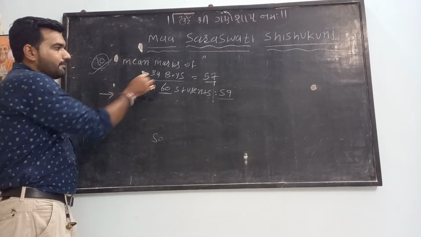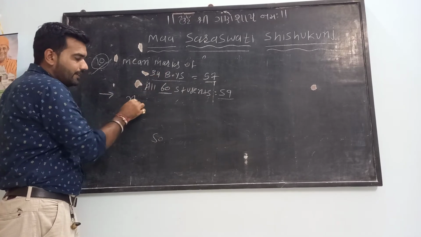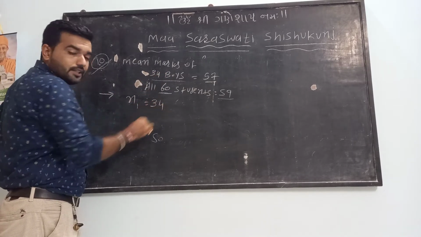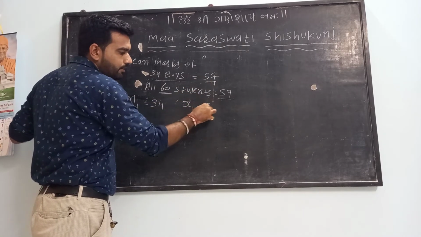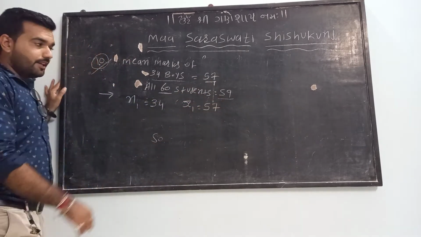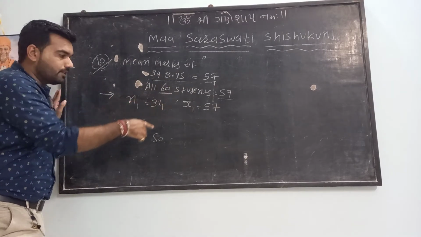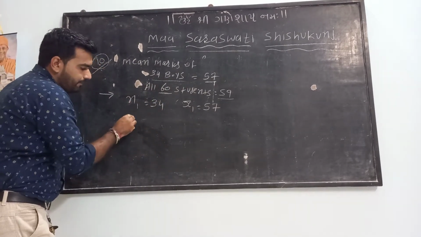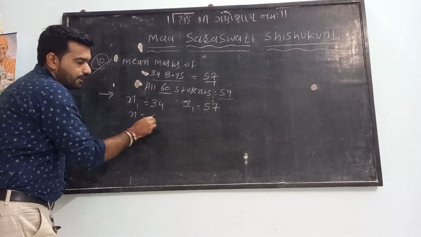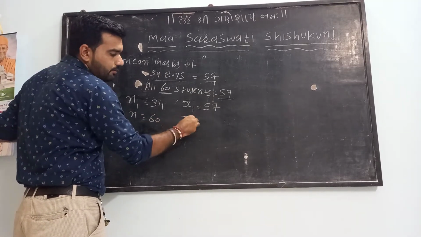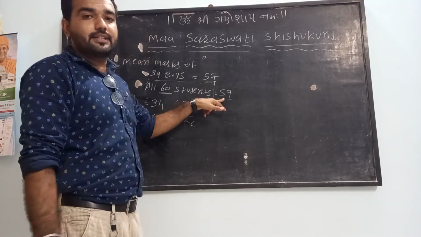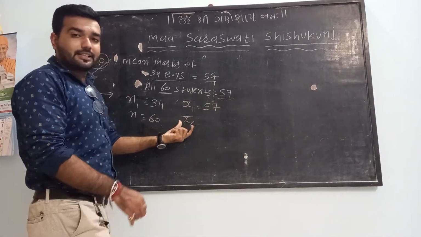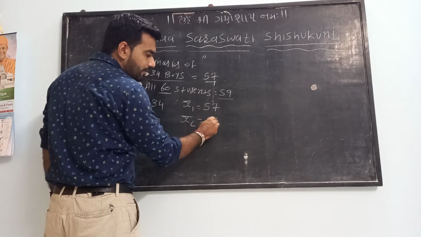See, here first of all 34 boys, here it is n1. n1 is equal to 34. The mean, x bar 1, is equal to the given 57. Okay. Now all students, meaning total students, so here it is n. So n is equal to 60. And for all the students, both boys and girls, the mean is given. Here it is 59, means here it is x bar c. So x bar c is equal to 59.